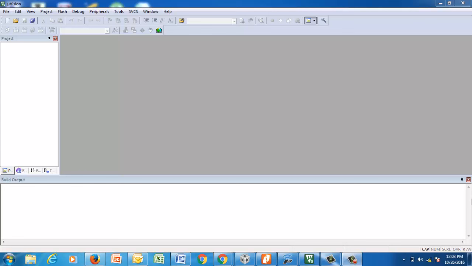If you have Microvision 4, you can get on with Microvision 4, and please make sure LPC2148 is present under the NXP tab. Like 8051 was present under Atmel tab, under NXP tab you will find LPC2148. If you do not have Microvision 4, you are supposed to have Microvision 5, in which case the older processors like 8051 and LPC2148 will be missing.